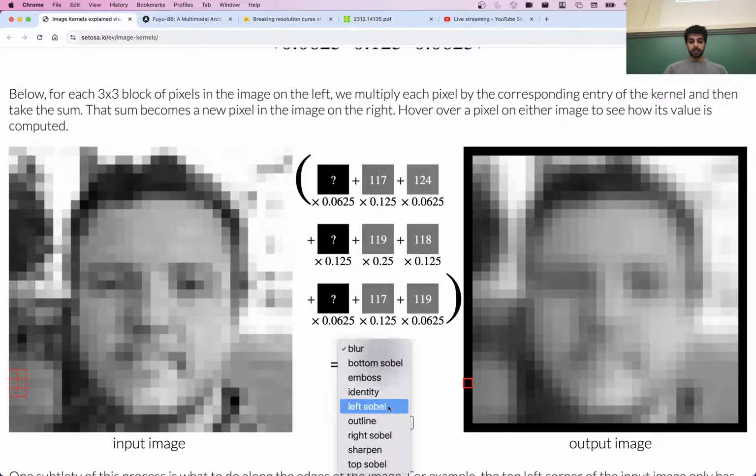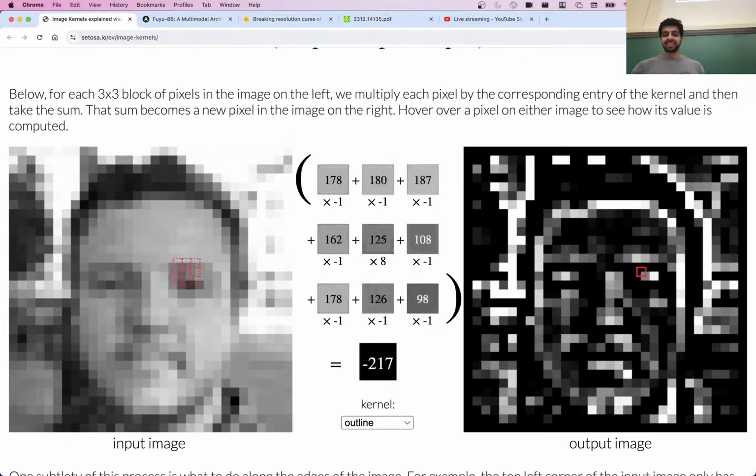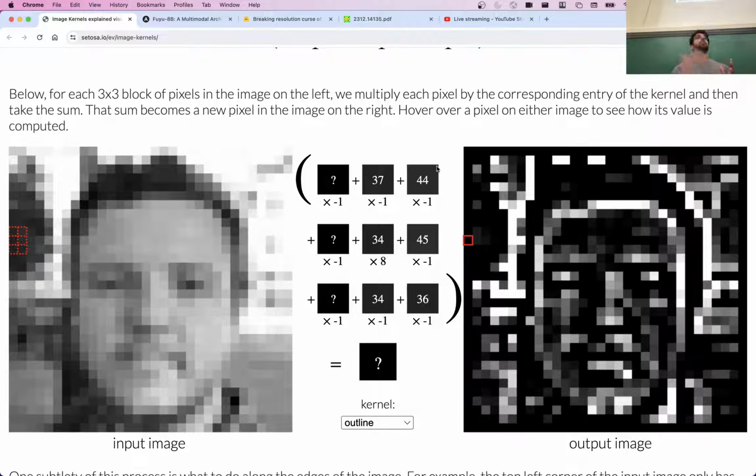You can look at something else, maybe outline. Oh, God. Okay, so this one has just amplified the center and negated everything else, so you get something like this. So you can make pretty wild changes on the input image just by running these convolution kernels over the entire image and seeing what you get.